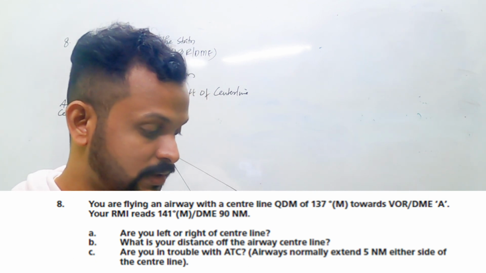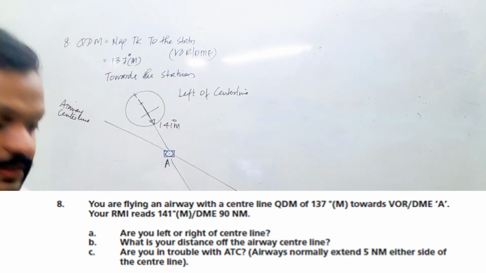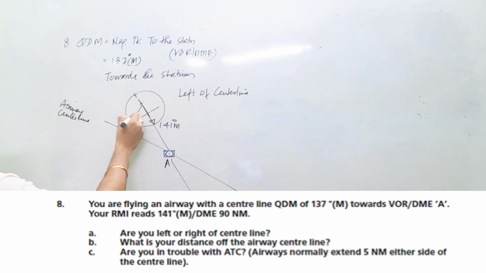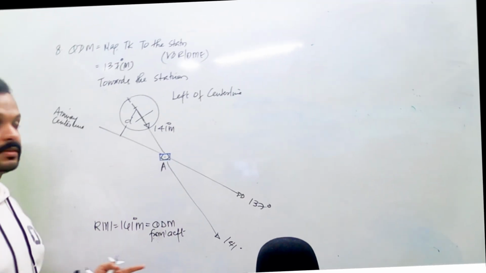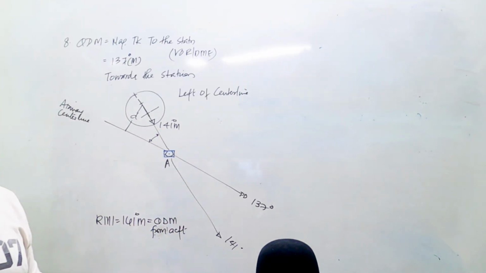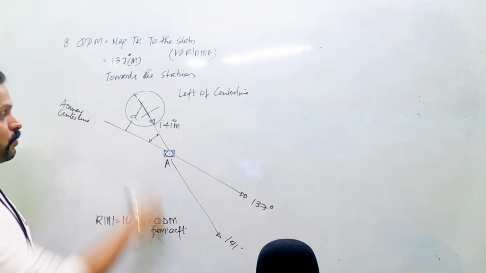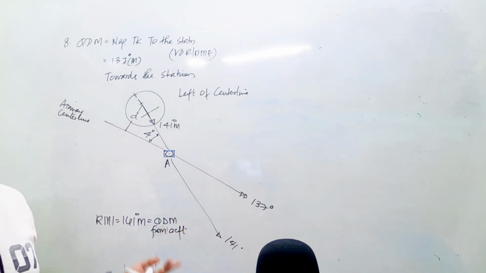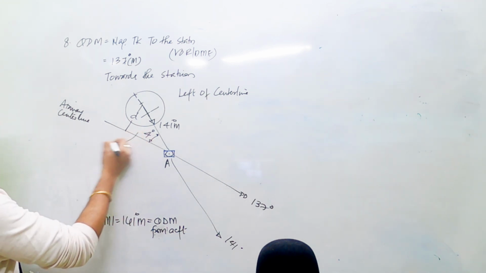Next one, what is your distance off the airway center line? So you're asked to find out the distance of this airway center line, this distance here. Now, with such questions, you know how to approach. It's just a pure 1 in 60 question. But before applying 1 in 60, you have to see whether the angle is less than 20. So what is the angle here? 141, 137. Therefore, it is 4 degrees. More like a closing angle here, right? So when I apply 1 in 60 here,